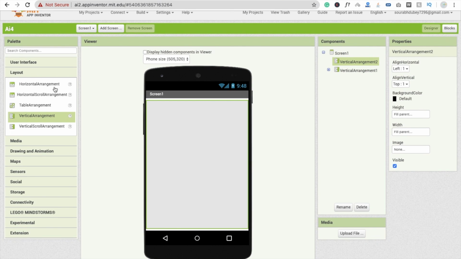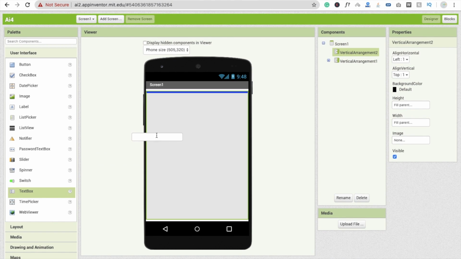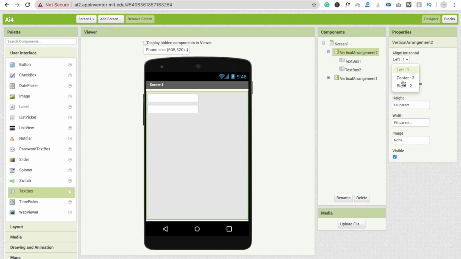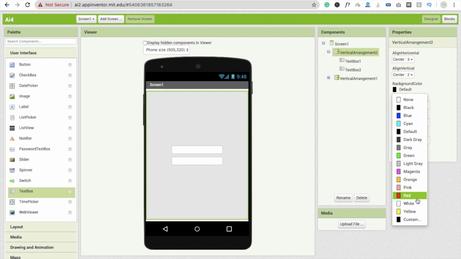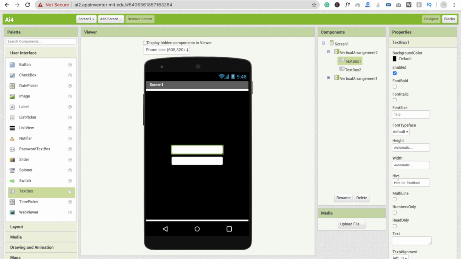Okay, so I'm going to use two text boxes here, because we have to put a question and an answer both. So that one is for the question, that one is for the answer. Click on vertical arrangement and make it center, and this one is also center. Change the background color to anything, like I'm going to use black here, and make this text box fill parent like this, and I'm going to make it also fill parent